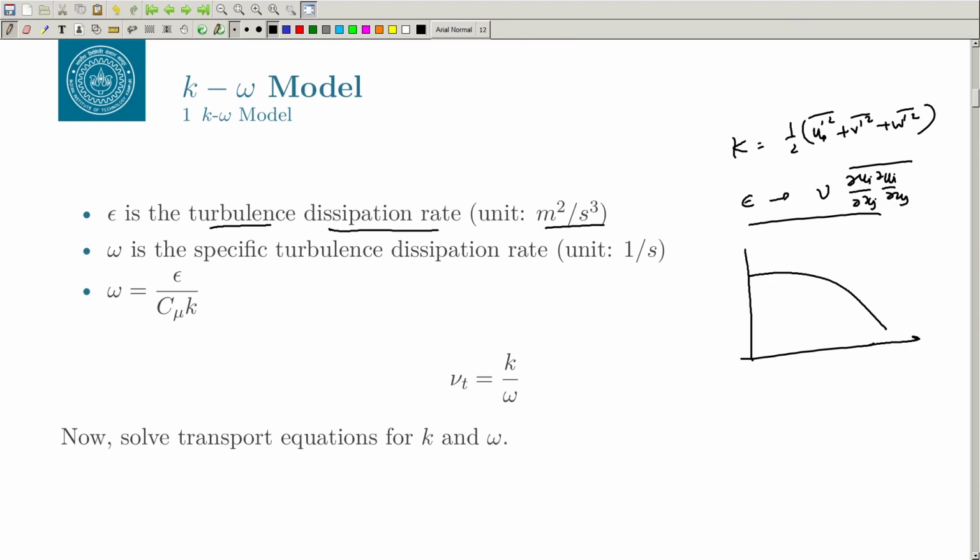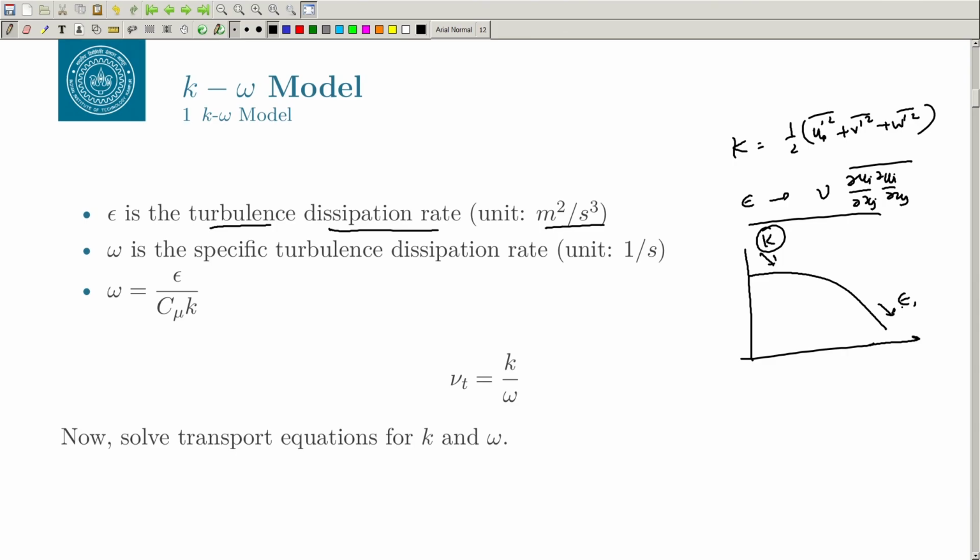So, you have something where the kinetic energy is coming in and is dissipated at the smallest scale. So, you need some equation which tells you how the kinetic energy is produced, transported, how the kinetic energy changes between the different eddies, and something which represents your dissipation. So, in the k epsilon model we had k and epsilon, two things, but now in this k omega model